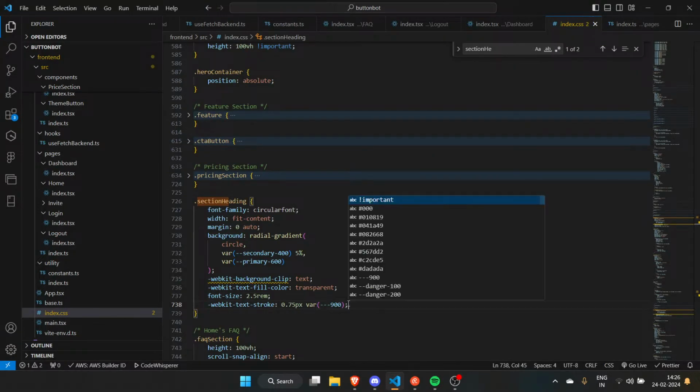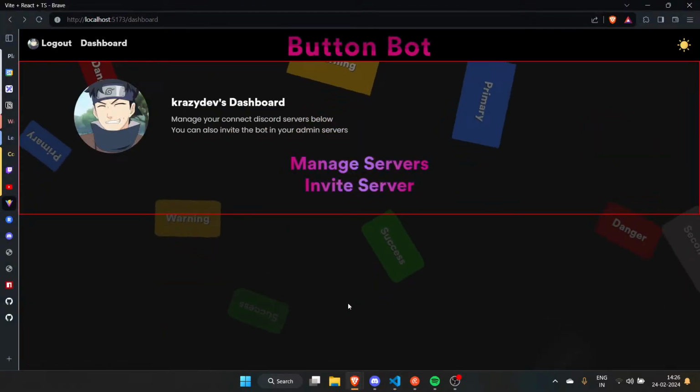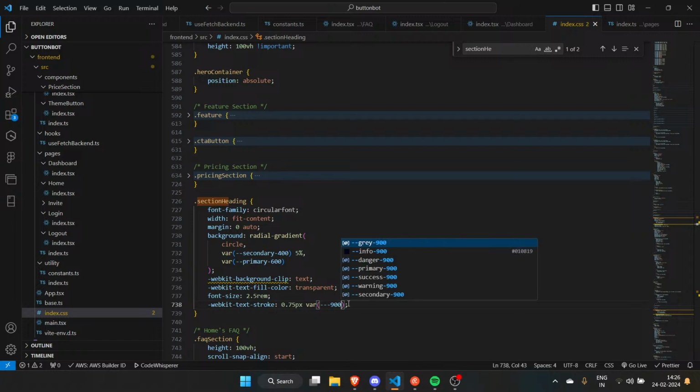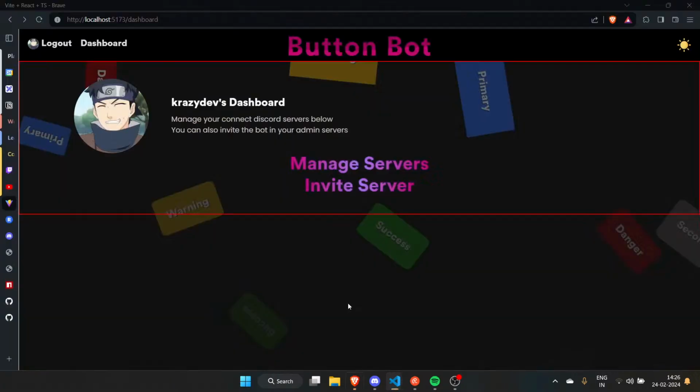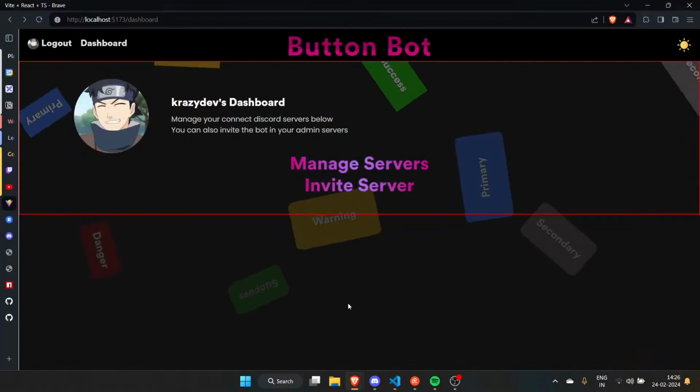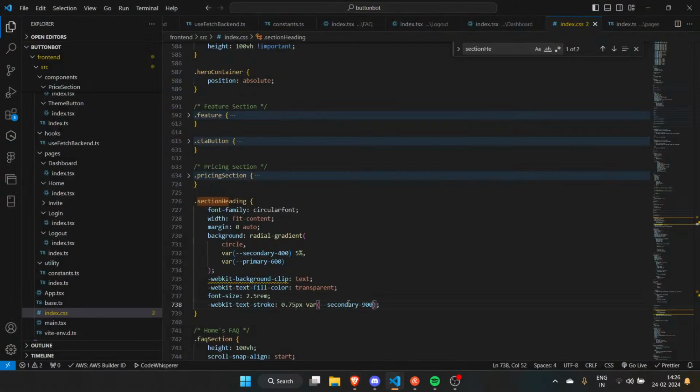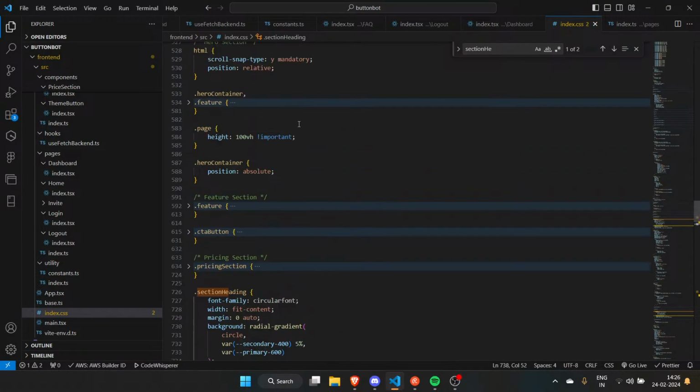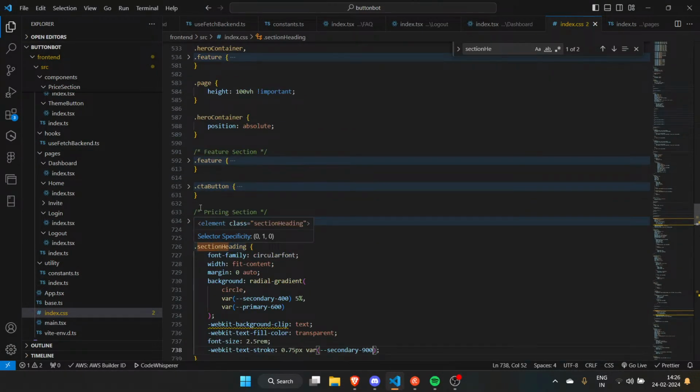That obviously didn't work. What else can I do? I have like secondary, which didn't work as well. Then what? I have warning as well. I guess I'll do secondary, to be honest. It's not that bad. Anyways, we can go back to our beautiful dashboard thingy.